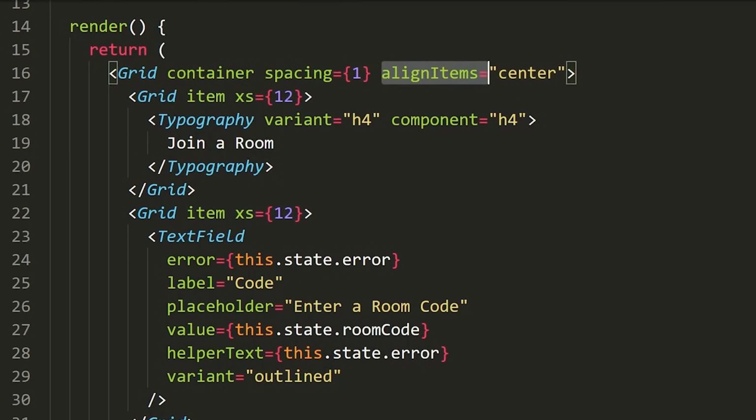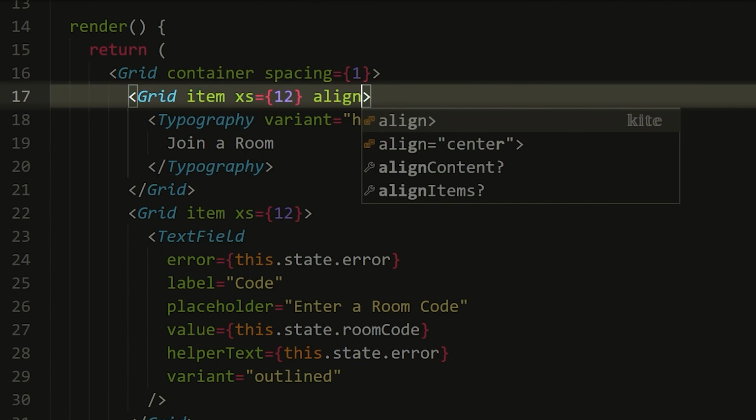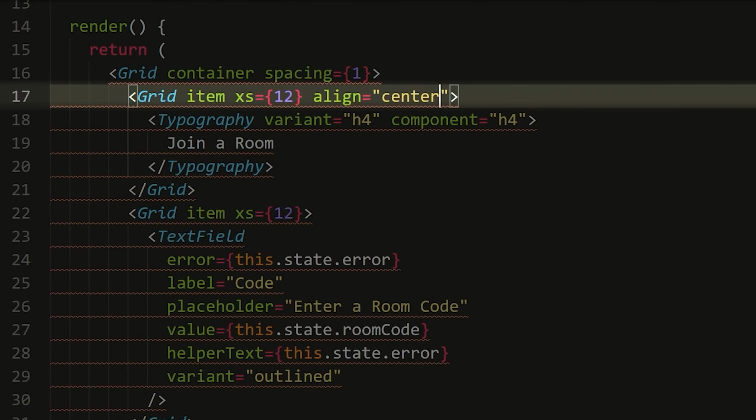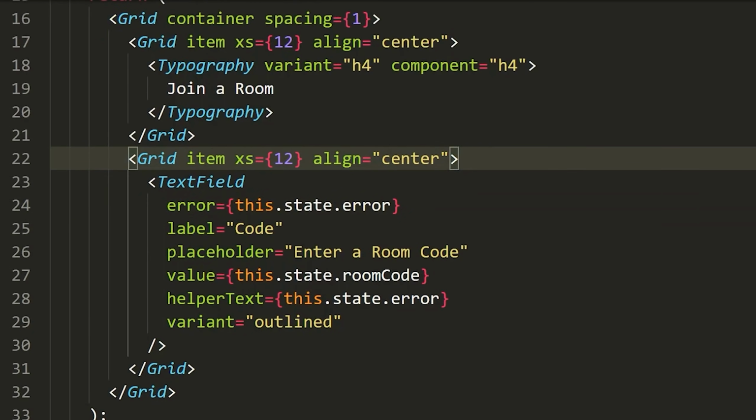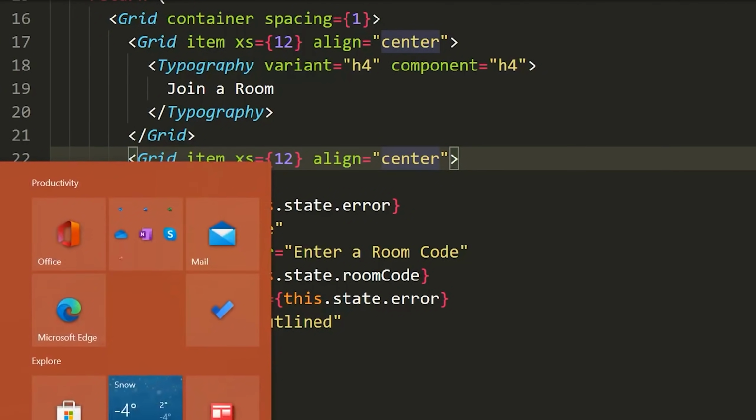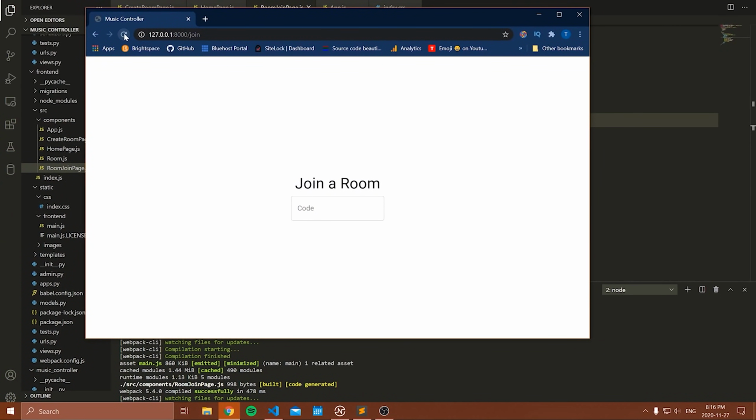So hopefully that makes sense, but pretty much what we need to do is just do what we had before. We're going to go into all of these grids and we're just going to say align center. Kind of annoying that we have to do that, but I guess we do. Although I'm sure maybe one of you guys knows a way that we can avoid doing that. Anyways, we'll put align center. Let's just have a quick look here and see if this looks any better. And there we go. Now we're in the middle of the screen.